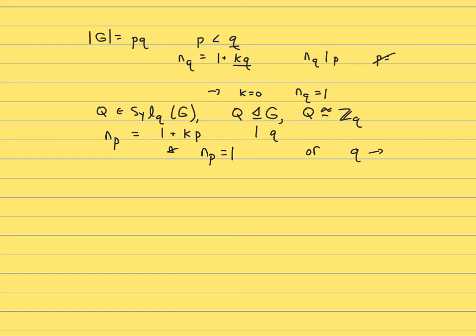In this case, that means that q must be congruent to 1 mod p. So that could happen, depending on p and q. The easiest obvious example is if q is any odd prime and p is 2. Well, any odd prime is congruent to 1 mod 2. But if you want something slightly more non-trivial, if q is 7 and p is 3, then 7 is congruent to 1 mod 3. So these types of cases can happen. So we'll deal with that case separately, but the first case, if n_p is 1,